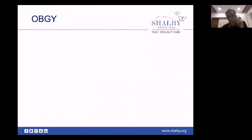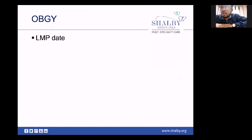Another very important aspect we all clinicians miss in spine examination is an OBGYN examination. If it is a female patient, we always want to know the LMP. Why would I want to know the last menstrual period of my patient? Why? If the patient has reached menopause or not, we need to know. I would want to ask the LMP, because...